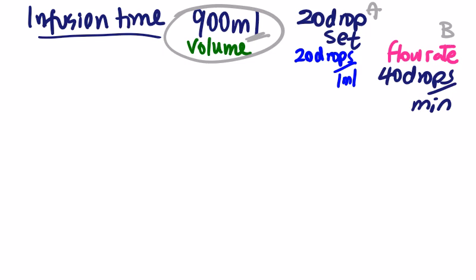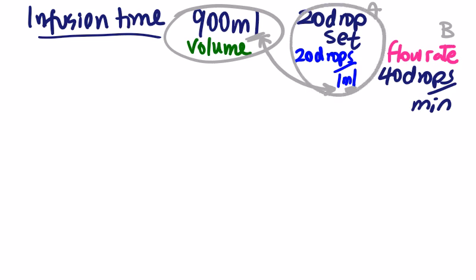It has to be the drop set because it contains the mils. We want connection with the units. So if you look at the pink flow rate, there is no mils or milliliters in there. So there's no connection between the volume and the flow rate directly, but we have to go via the drop